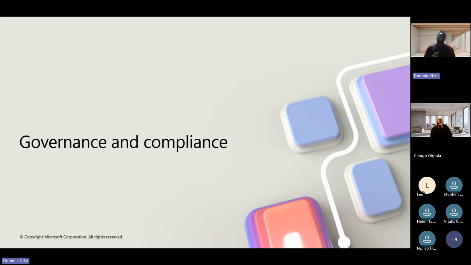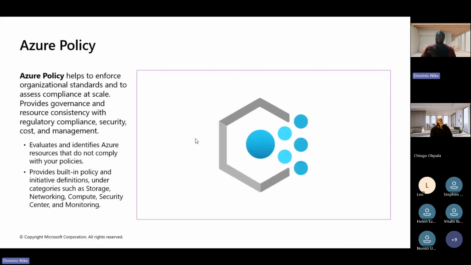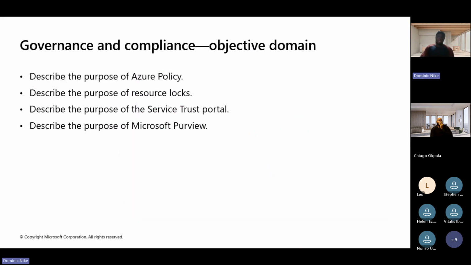Those are the people who set compliance and ensure that you don't go against it. Let's say I set up a policy that nobody should cross the road. If you cross the road without using the pedestrian crossing, you'll be arrested. So you have to be compliant, which means you have to abide by the rules that govern that particular state or country. So that's that. Under governance and compliance, we're going to talk about policies. Policy is a key